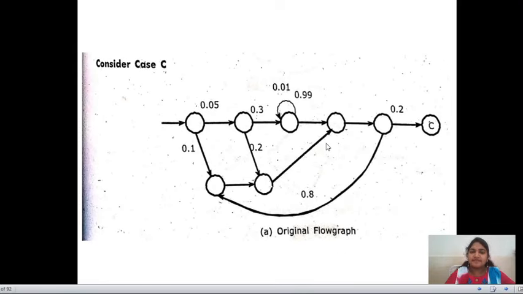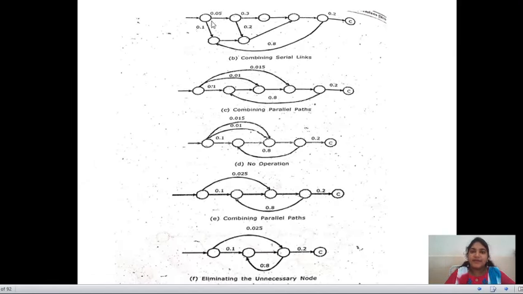So this is case B. Next we will go for case C. So this is the case C, 0.5, 0.1. This is the case C, original flow graph. So how we'll define the case C means combining all serial links like 0.5 into 0.3,